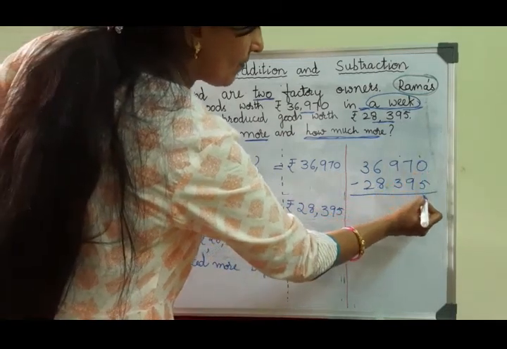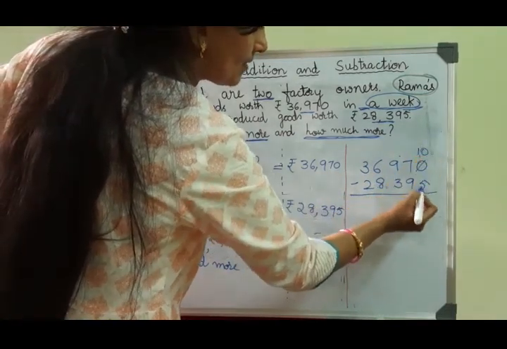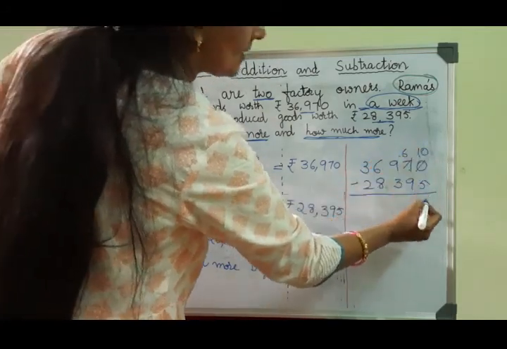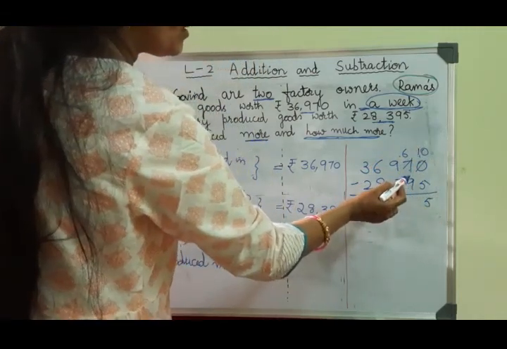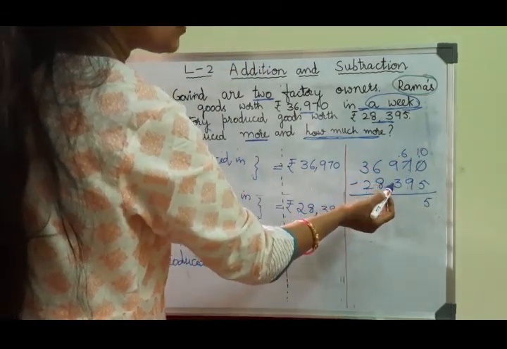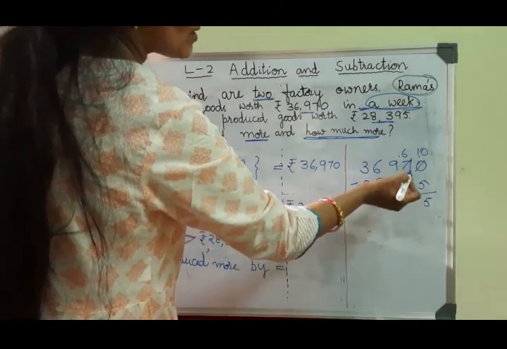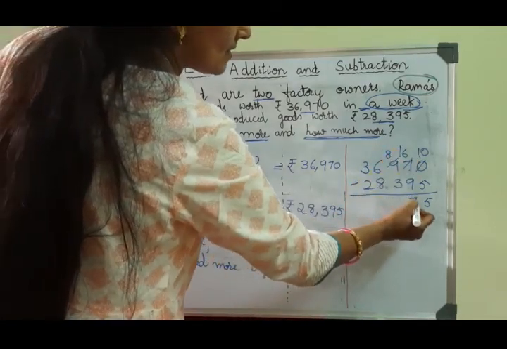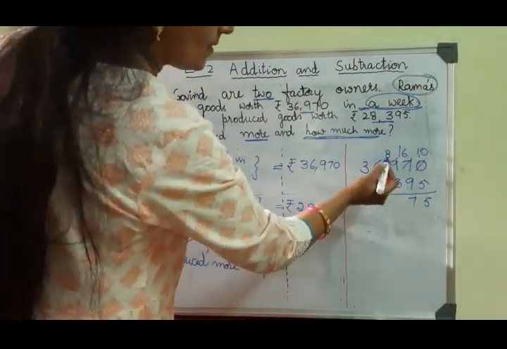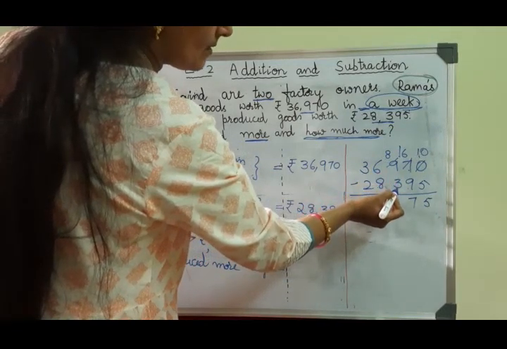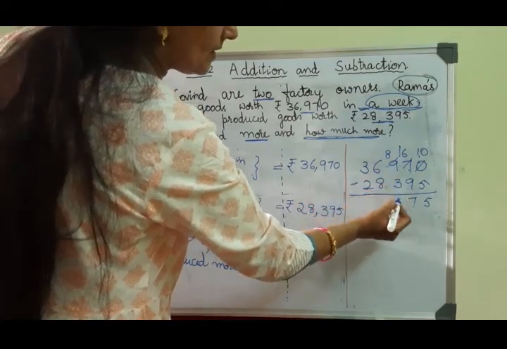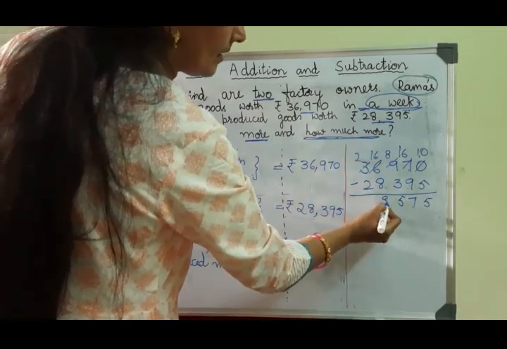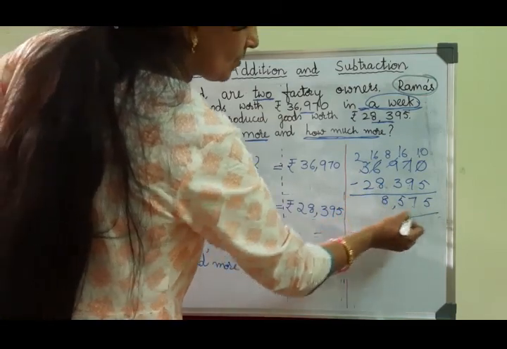Now you cannot subtract 5 from 0. You have to borrow. 7 will become 6 and 10 minus 5, it is 5. Every time I will not explain the subtraction. Now you know how to subtract clearly, right? You cannot subtract, so what do you have to do? It is 6 here. It will become 16. 16 minus 9, it is 7. 8 minus 3, it is 5. You cannot subtract 8 from 2, so borrow. 12 minus 8, it is 4. 2 minus 2, it is 0.